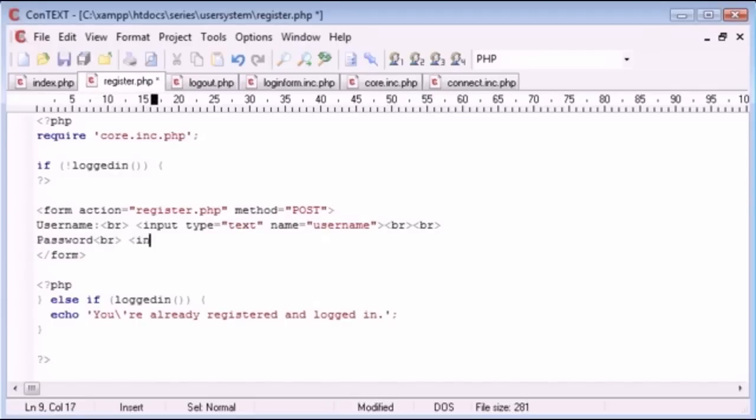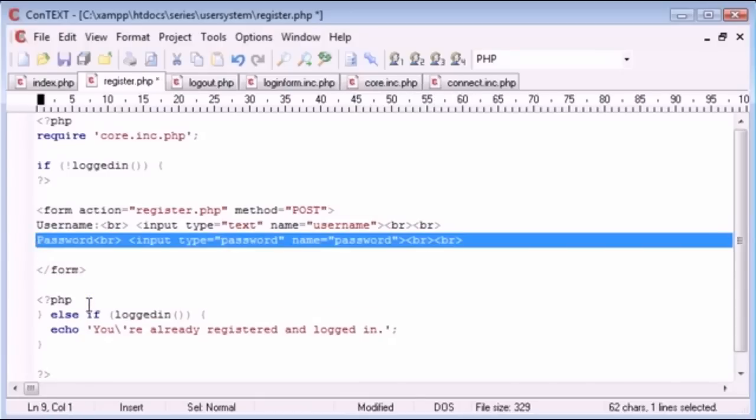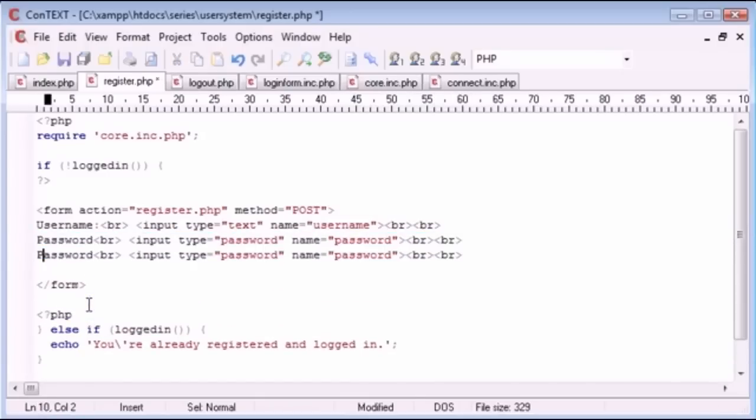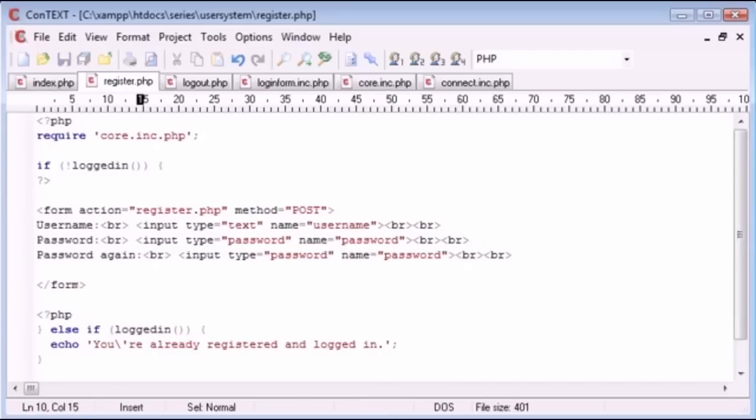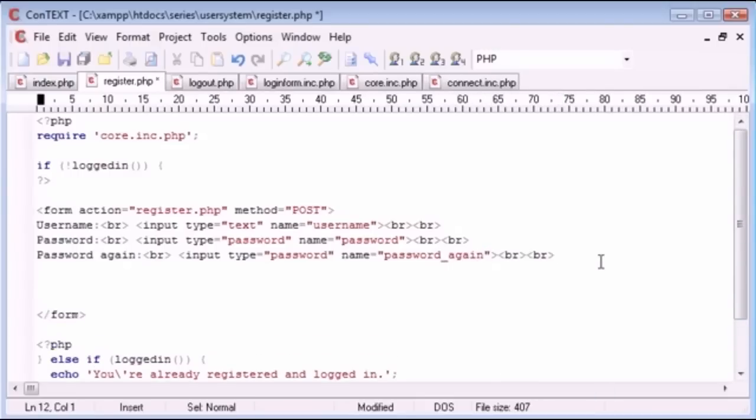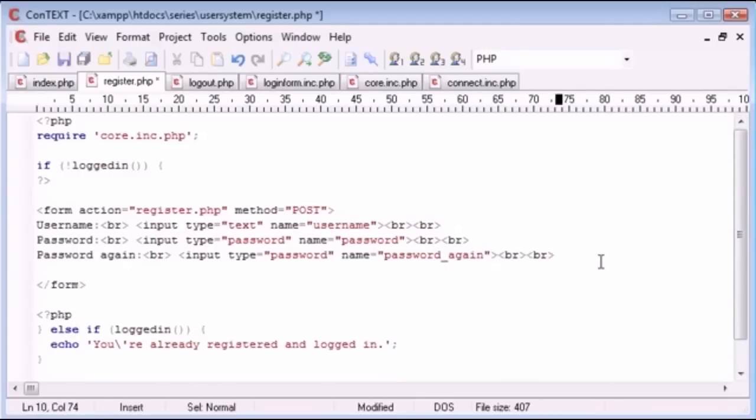So password, we want input type equals password, name equals password, and we want to break down once again. Now what we need to do is we're going to duplicate this, and we're going to say password, let's just put our colon in there, password again. Okay, so we want to ask the user to enter a password again. So I'm going to name this field password underscore again. Now what we want to do is